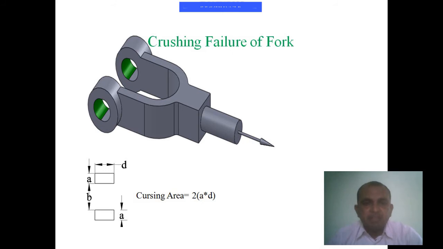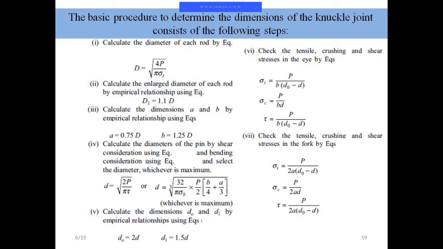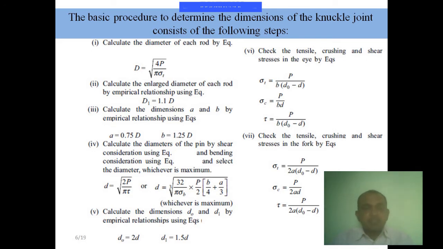This is a typical example given for knuckle joints, but in different applications, which were already shown in our lectures, the cross-section of the fork and the eye is different. So you can use your own notations for these applications and find the cross-sectional area. In detail, the basic procedure is presented for determining the dimensions of knuckle joints for various applications, based on your given notations and the given applications.